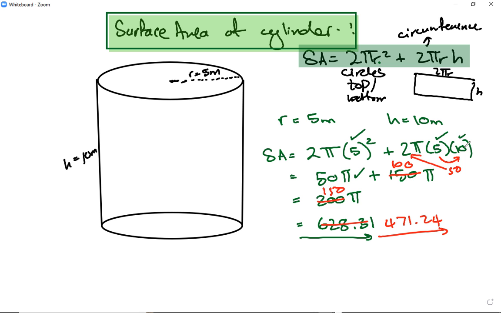2 times 5 is 10. 10 times 10 is 100. So that's 100 pi. Don't forget this is squared over here, which is 25. 25 times 2, right, is 50 over there. So that comes to 471.24. Multiplication, squaring, etc. Those are the main focuses for this